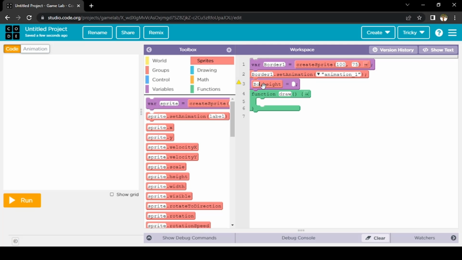Border 1 height, why don't we put that as 25? Gotta put the 1 right here. Easy. Border 1. So now if we put this draw sprite